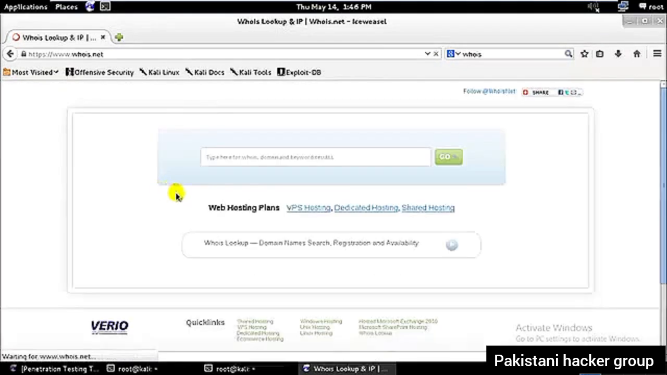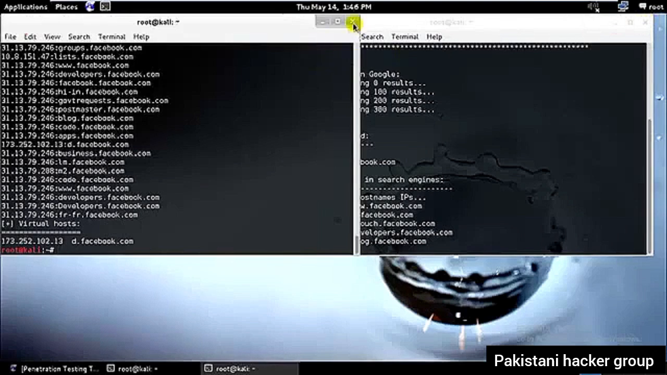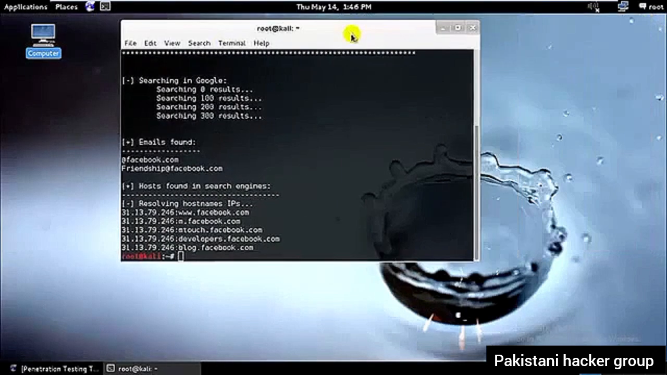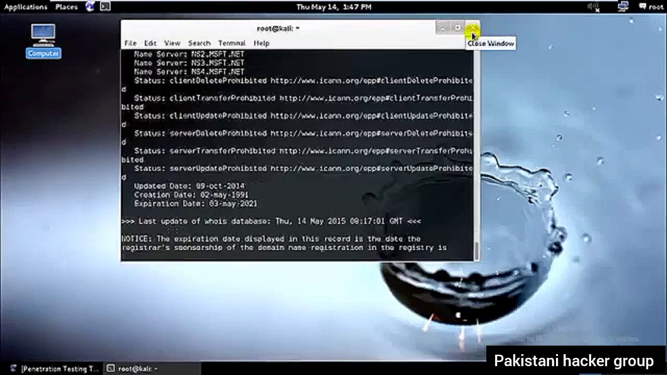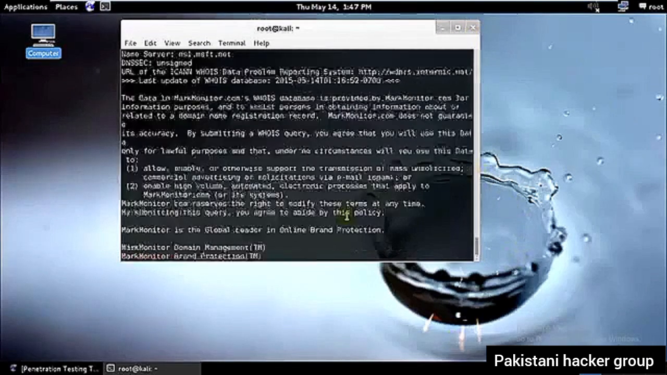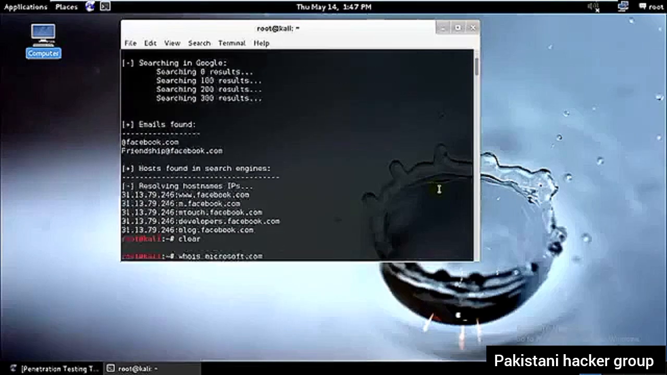So there is one better thing. Rather than searching it over here, I can go ahead and do the same thing over here on my terminal. So I'll just clear everything and I'll type whois and I'll type google.com, or I'll just type a better one, microsoft.com, since that is a more private company than Google. Perfect. So even without using any kind of tool, I just went ahead and typed whois google.com and it gave